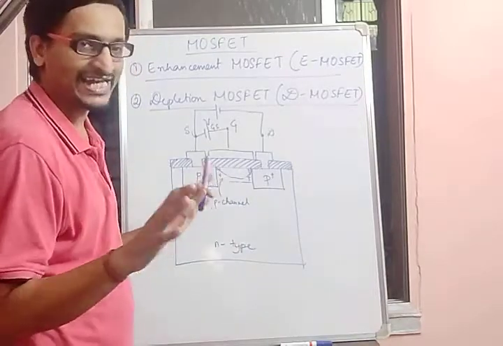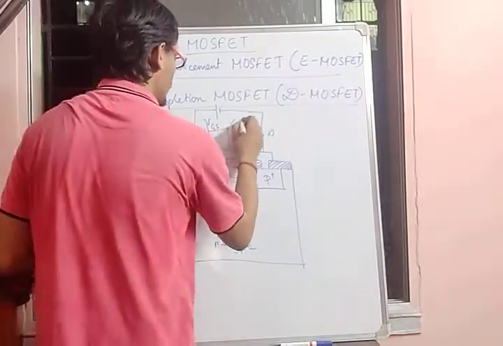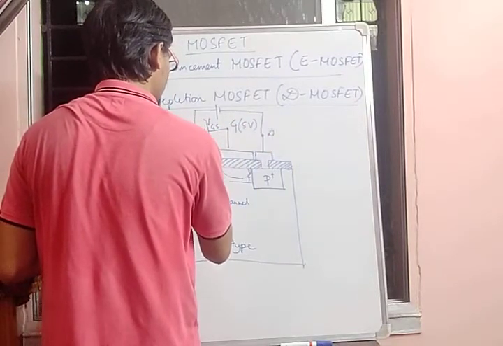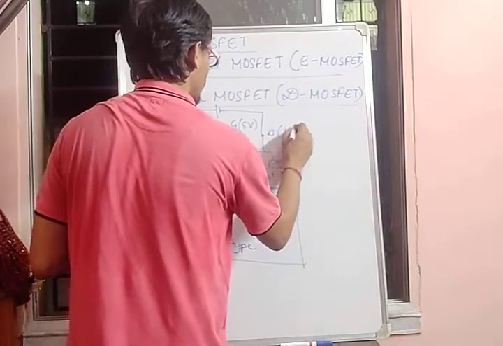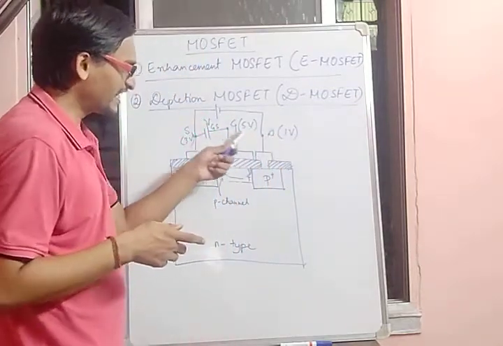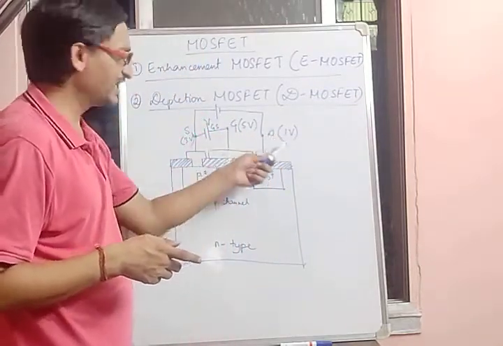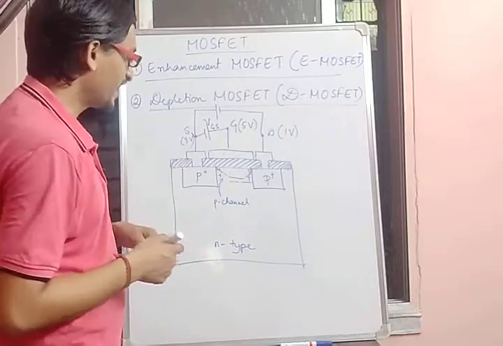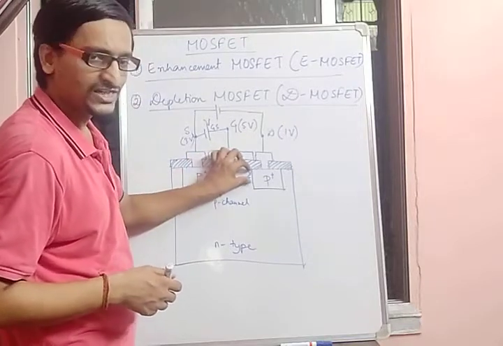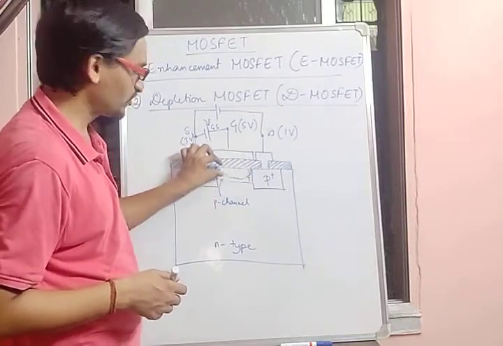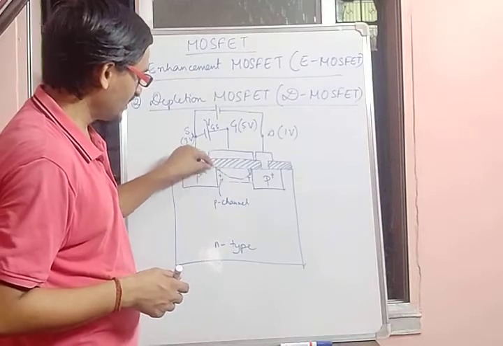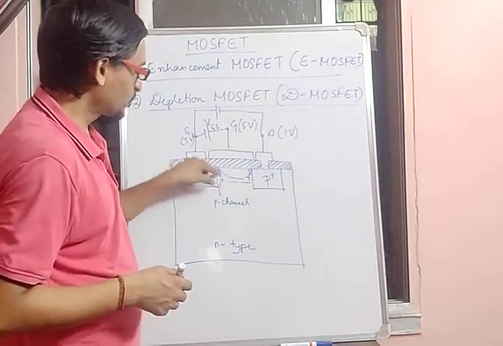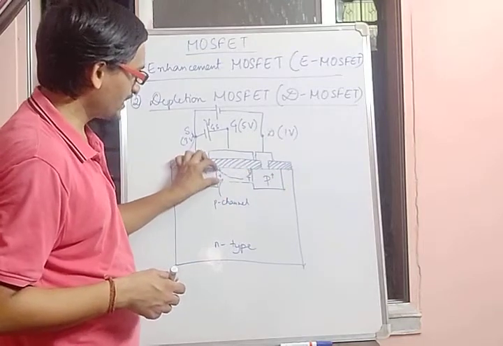Let us take an example. Suppose this gate voltage is 5 volt, the voltage of the source terminal is 3 volt and this one is, suppose, 1 volt. So you see that the gate to drain voltage VGD is 4 volt, on the other end your VGS is 2 volt. So the voltage drop here is more as compared to the voltage drop there. As a result, more and more majority carriers will be depleted towards the drain side as compared to the